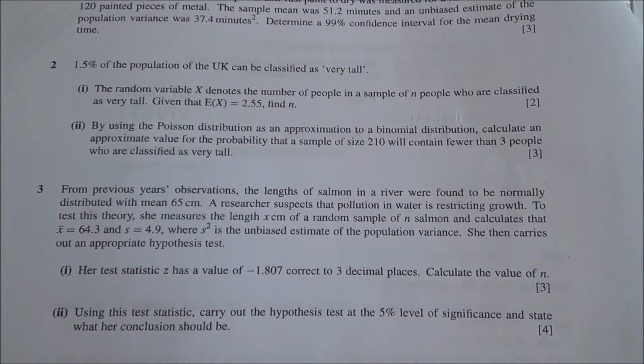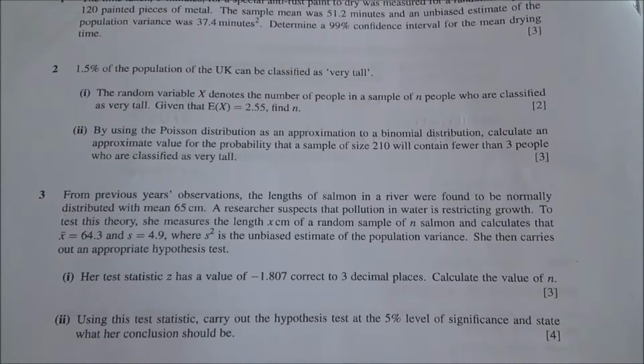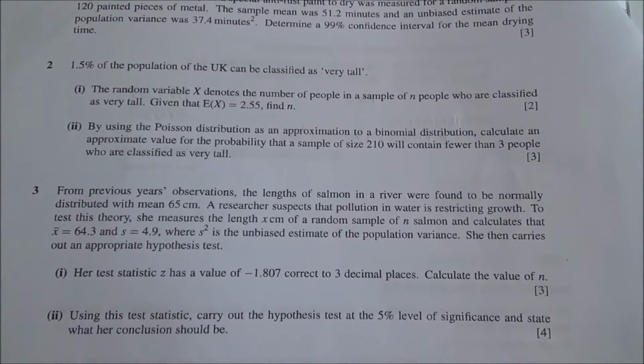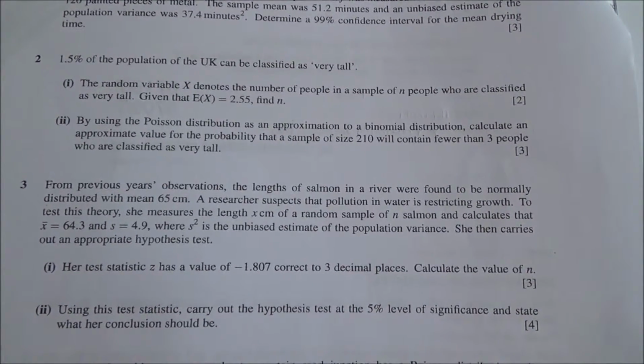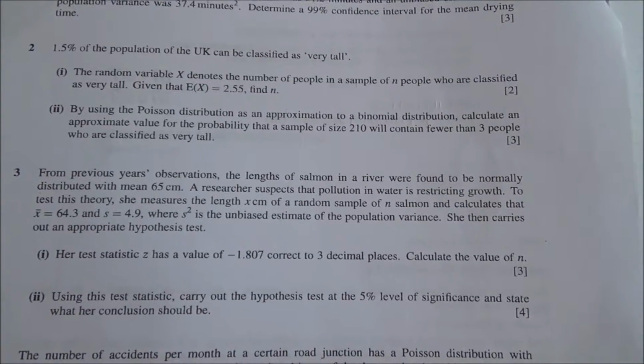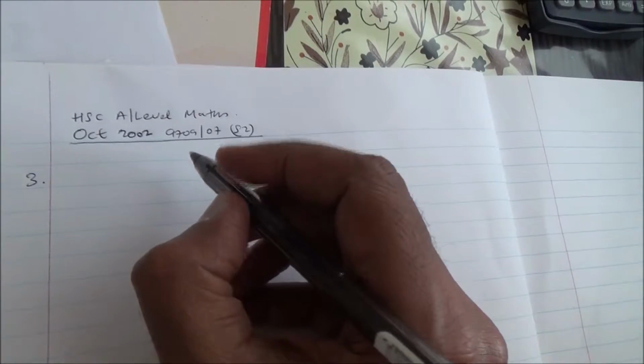And for the second part, using this test statistic, carry out the hypothesis test at 5% level of significance and state what her conclusion should be. Okay, so what information do we have? Alright, so this is question number 3. The information is that